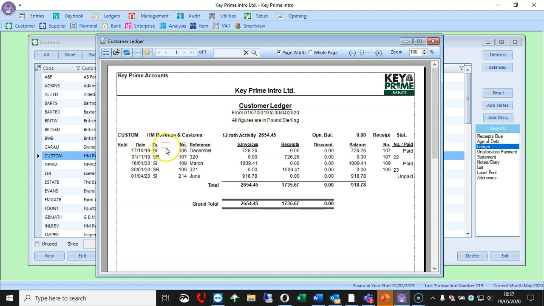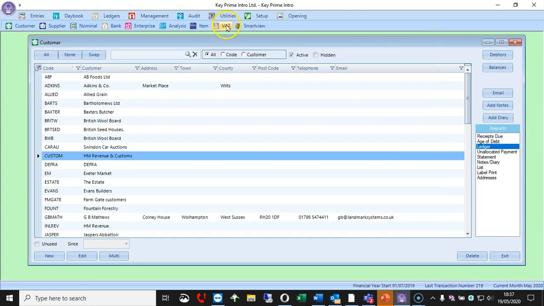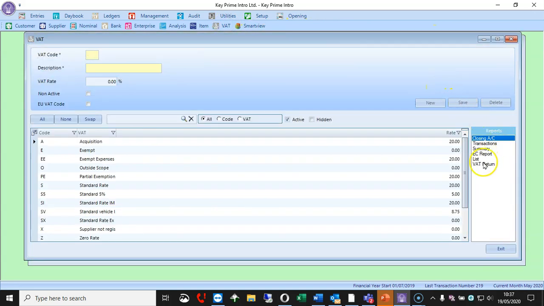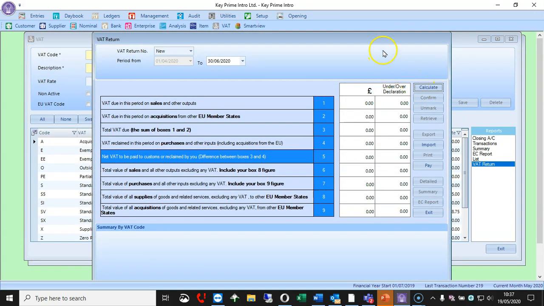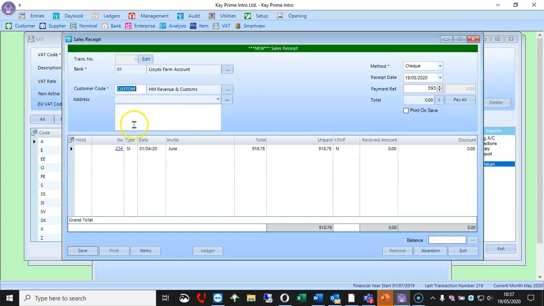If you have, you're not clearing this customs and excise ledger down. So either go to VAT in your VAT return, and you should be using the pay button there as to I am paying or they are paying me for that VAT coming in for the period of June there.